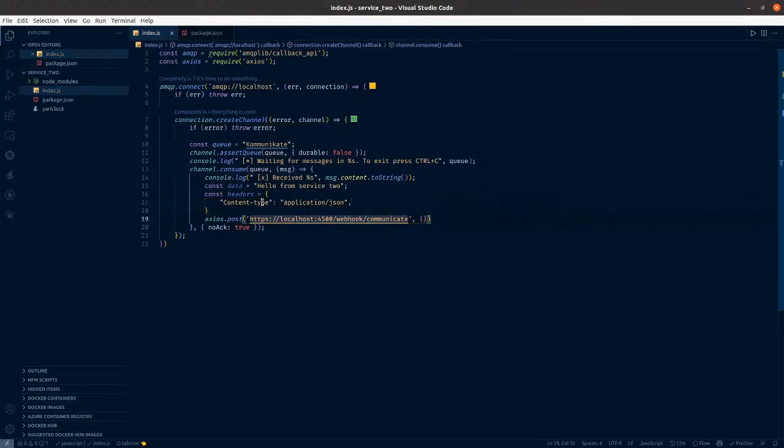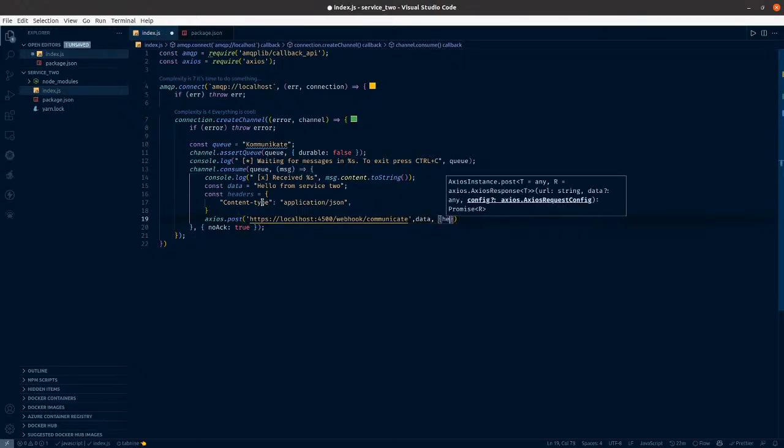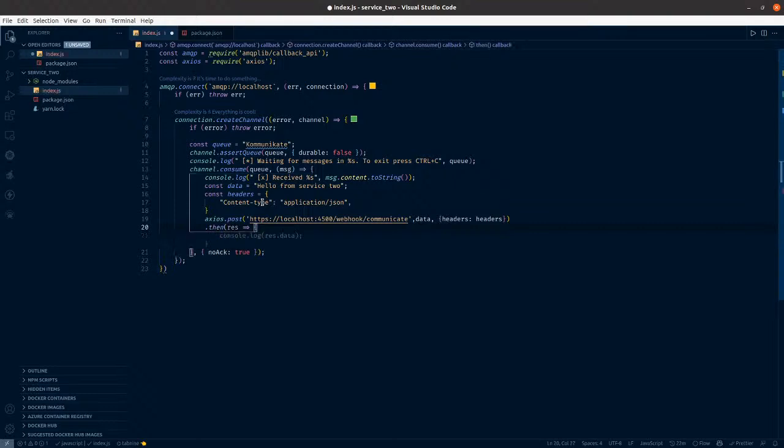So we will pass the data here, then we will pass the header, and we will call the then catch, then and